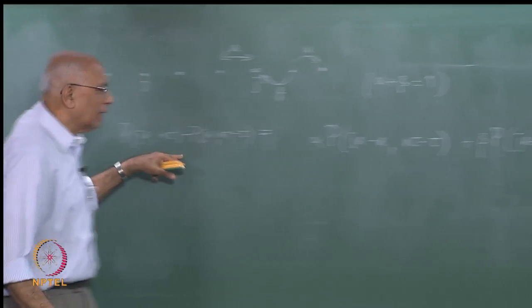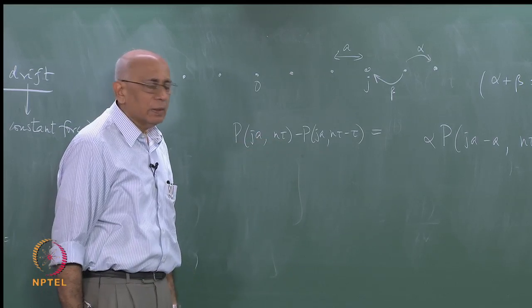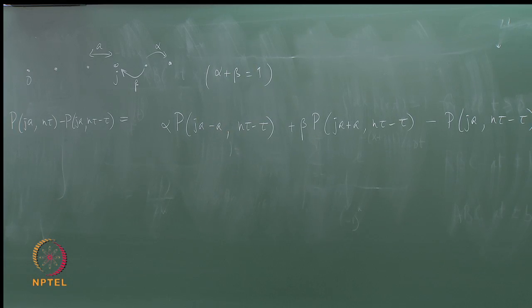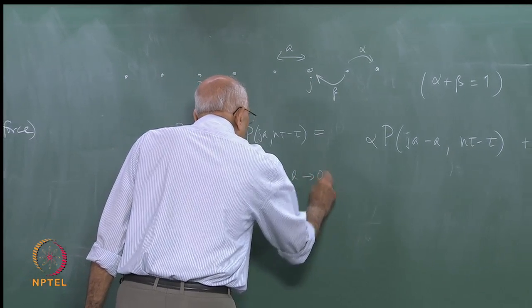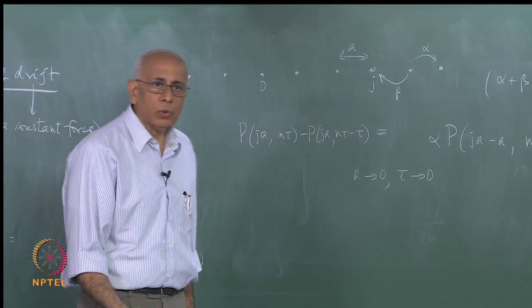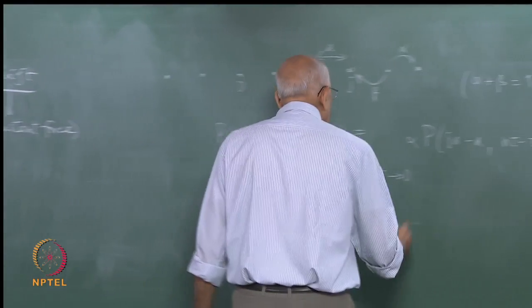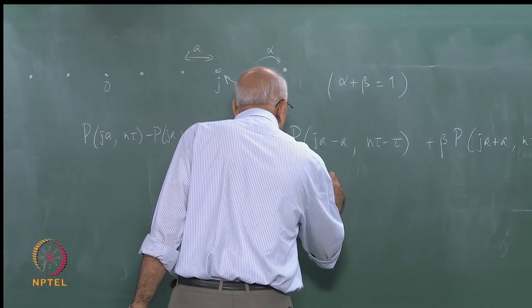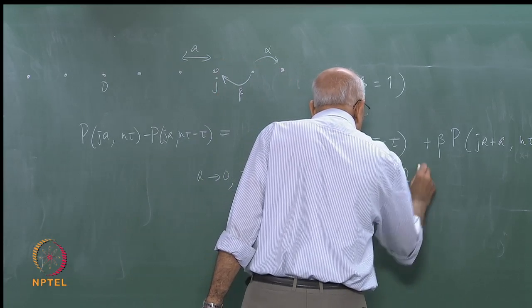I am going to obviously divide this by tau and then claim that as tau goes to 0, this goes to delta P over delta t, right. So I am going to leave this as an exercise to find out what this limit is. It is just a little piece of algebra, but the limits you need are the following. You are going to need a goes to 0, tau goes to 0, okay, the time step goes to 0, the spatial step goes to 0, and the bias goes to 0, alpha minus beta goes to 0, such that,